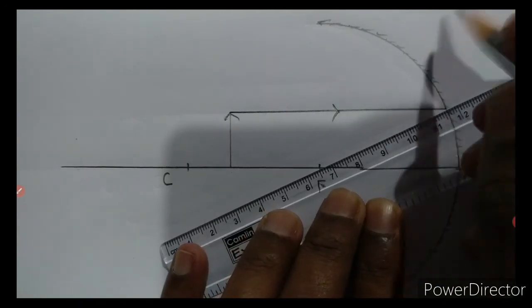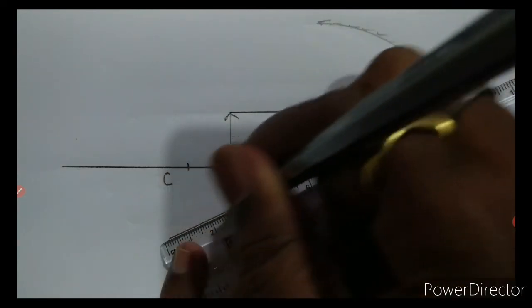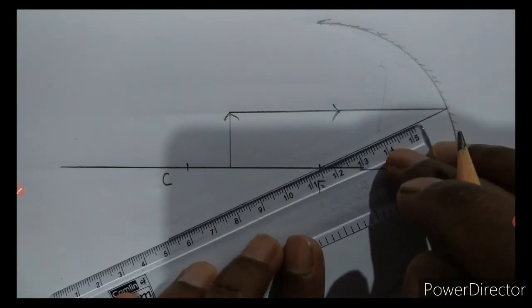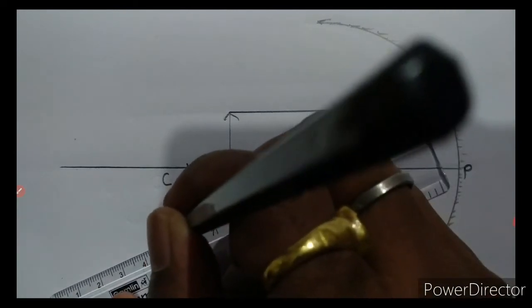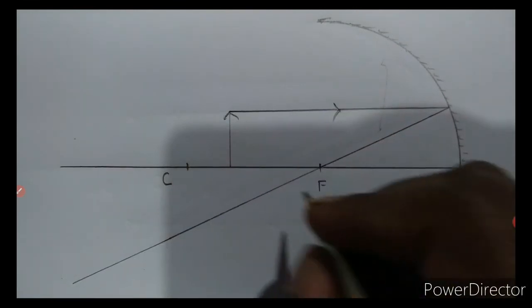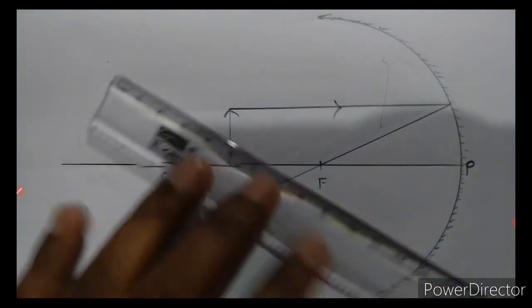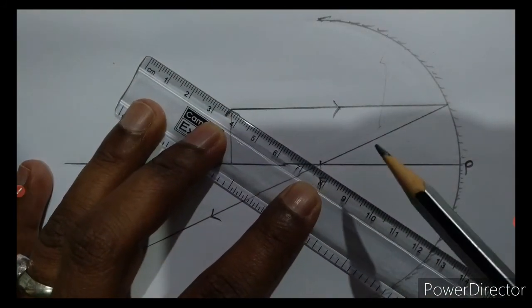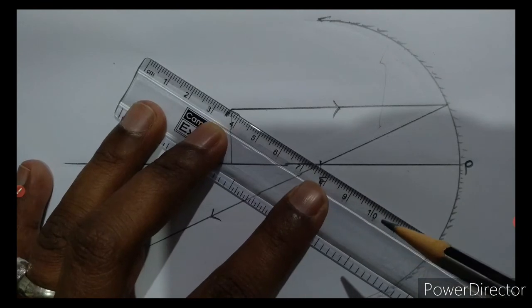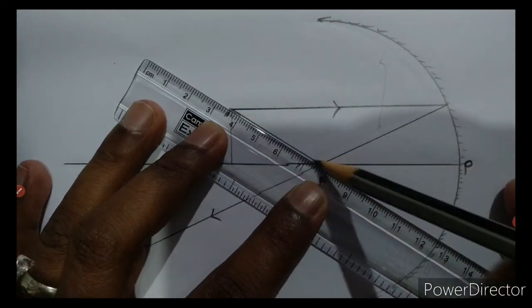For this again I am not drawing the image, I am just following the conventional method. So I shall draw one reflected ray from the point of incidence passing through the focus, thus I got my reflected ray. I have to extend it, as I know it needs to meet beyond the center of curvature, at the back of the center of curvature, therefore I have extended my reflected ray. Now taking the next incident ray, which is passing through the focus, it should become parallel to the principal axis after reflection.